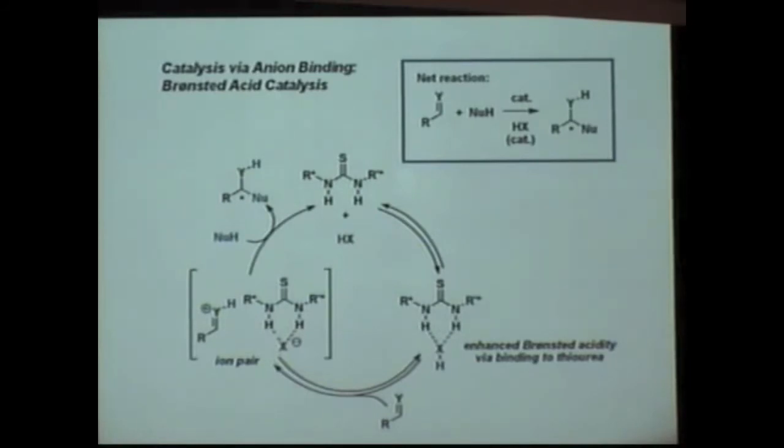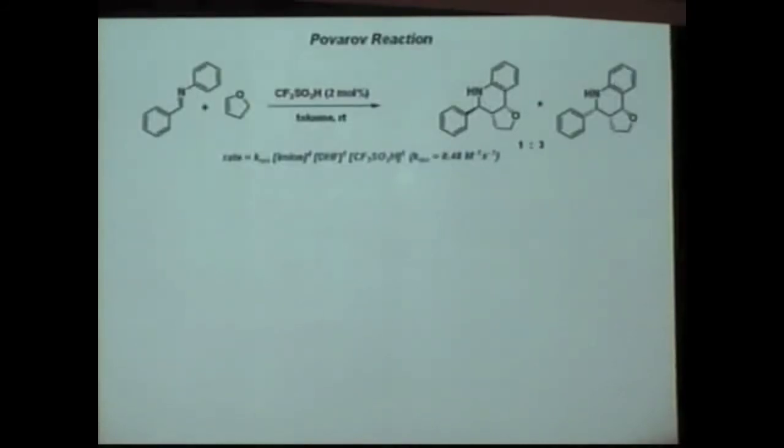So as I've drawn it here, you can imagine the acid being activated by the chiral catalyst, making it more acidic to protonate the substrate. You could also imagine this acid protonating the substrate directly and the catalyst binding to that salt, in addition to this substrate. So what I'm going to do is show you an example of this because we've reduced this to practice,